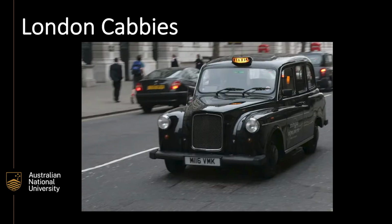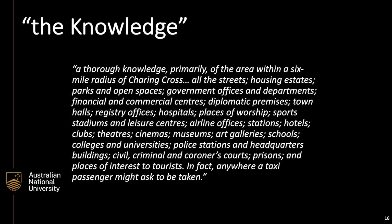So to be authorised to drive a London cab, prospective drivers must learn what is known as the knowledge. This knowledge is defined by the guidebook, which is issued to prospective cabbies as a thorough knowledge, primarily, of the area within a 6-mile radius of Charing Cross, all the streets, housing estates, parks and open spaces, government offices and departments, financial and commercial centres, diplomatic premises, town halls, registry offices, hospitals, places of worship, sports stadiums, leisure centres,